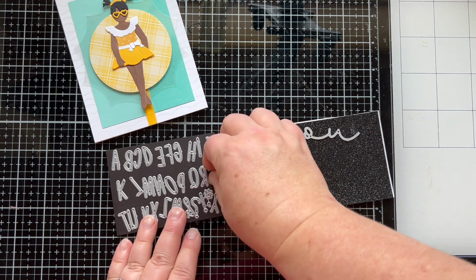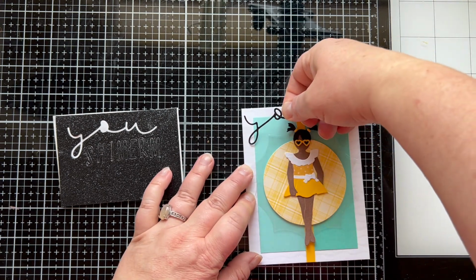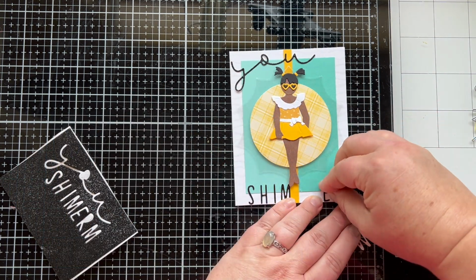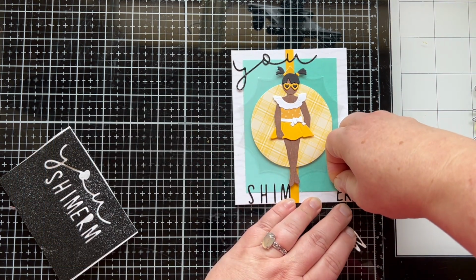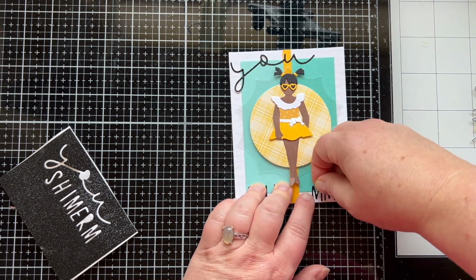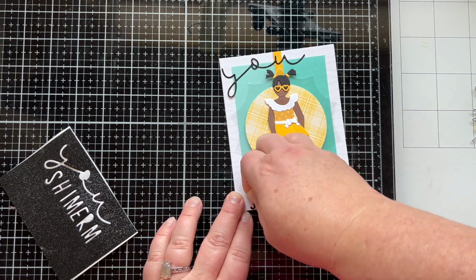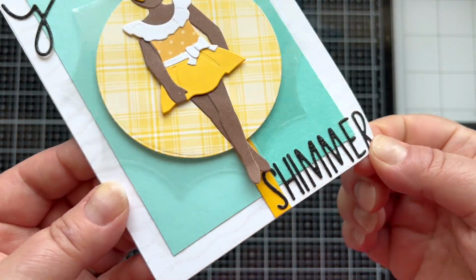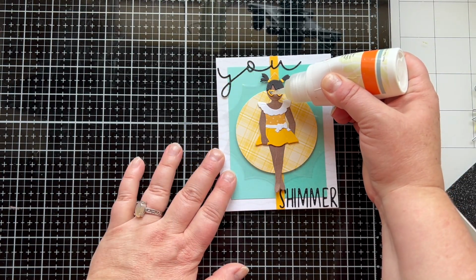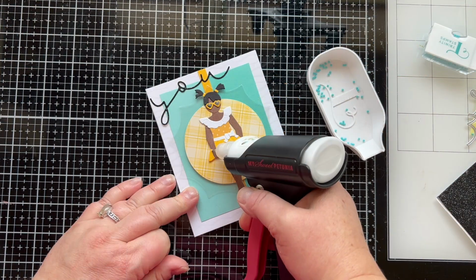I have taken some rip and stick sheet and put it on the back of my black glitter paper to turn these all into stickers because they're small and thin, and it's just easier to have that adhesive already on the back for me than having to take my glue and trying to glue it down that way. Plus, the rip and stick sheets give you an opportunity to lay things down and move them around for a few minutes before really becoming permanent. So that was great because I thought originally my word shimmer was going to go all the way across that blue section, but then in the end I decided I wanted it off to the right hand corner. So yeah, there's my sentiment, use shimmer,